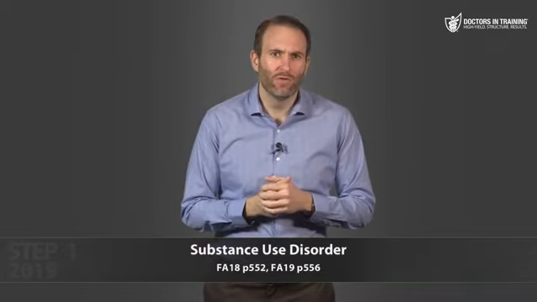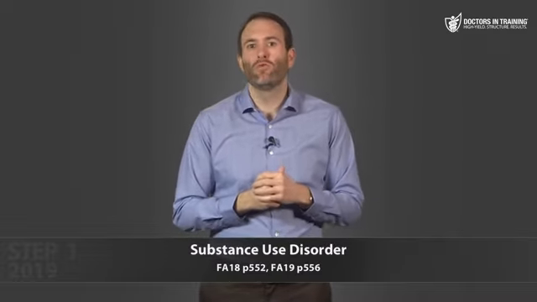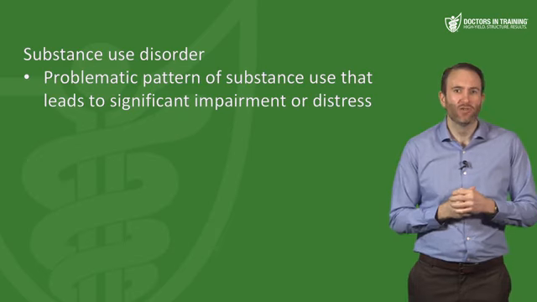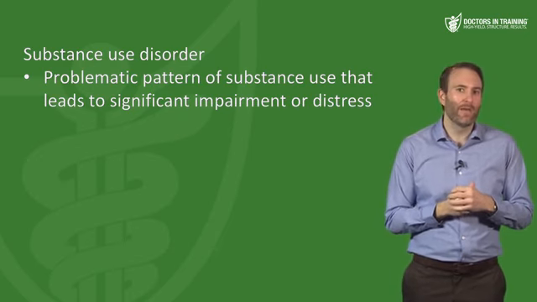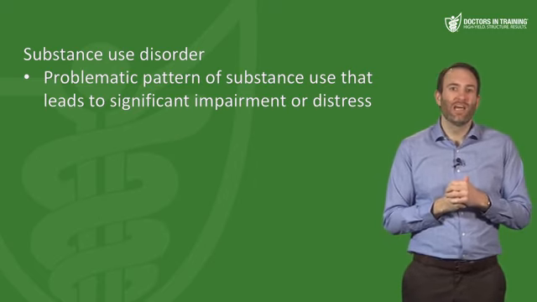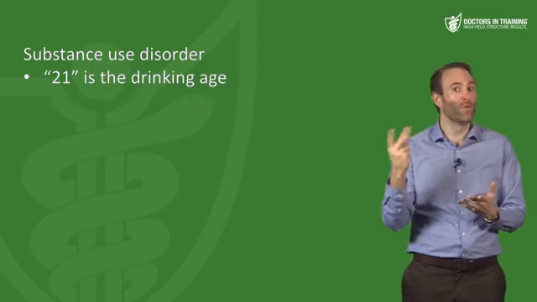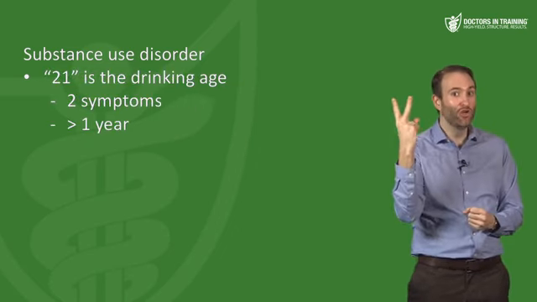First, we need to define substance use disorder. So the DSM-5 combines what used to be known as substance abuse and substance dependence into what is now known as substance use disorder. So substance use disorder is a problematic pattern of substance use that leads to significant impairment or distress. Now you need 2 of the following things over 1 year. Now one way to remember this is that 21 is the drinking age and you need 2 of the following